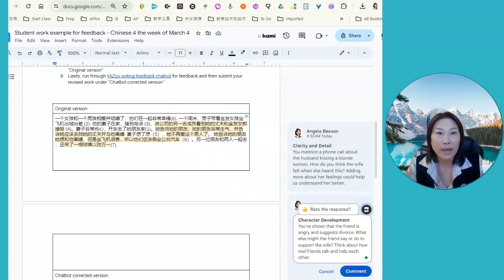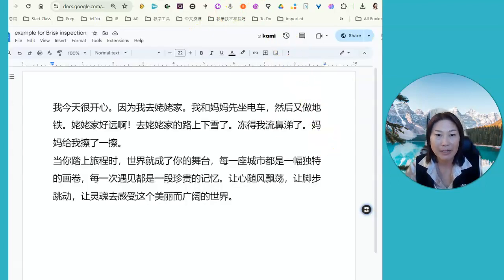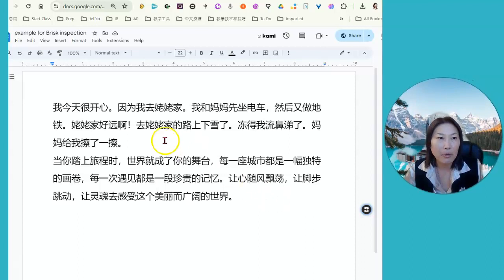All right, the next one I really want to show you is the inspection. So this is a sample student work. I want to check whether the student has cheated. A lot of AI cheating detection tools are not working, right? Even though it's human, they still say that it's AI, and it's not accurate. So how can we do this? I think this is what the brilliant minds of Brisk are